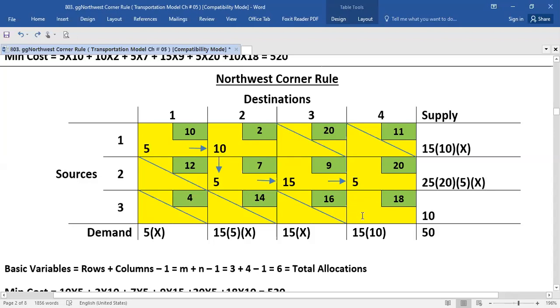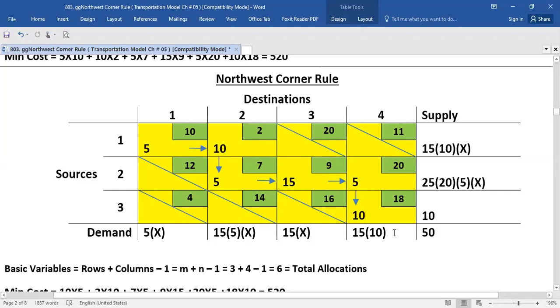So you will move down for your next allocation and see in the next blank cell that there is demand and there is supply. Whenever you move to your next blank cell, there should be some demand and some supply. This is the main point. So here demand is 10 and supply is 10. So you will put 10. After putting the arrow sign, you will put 10. No need of cross or other indication.